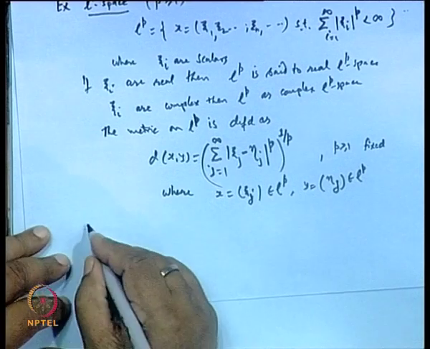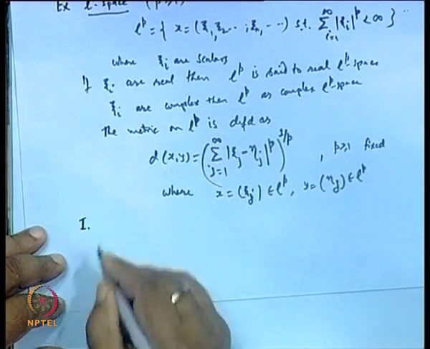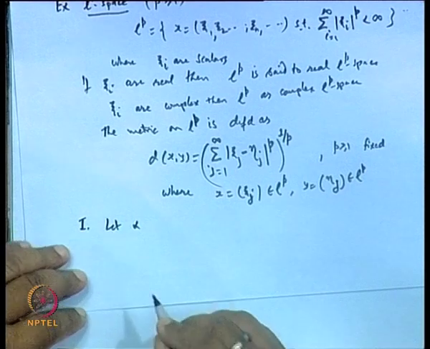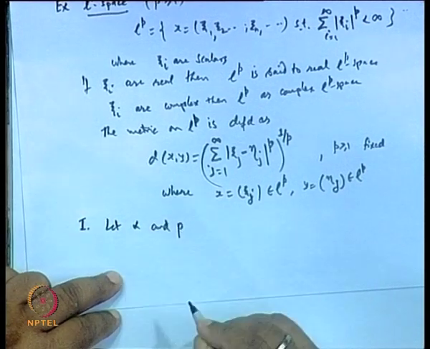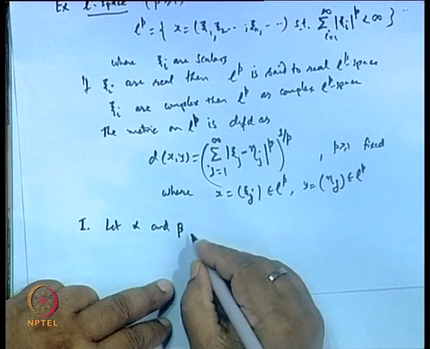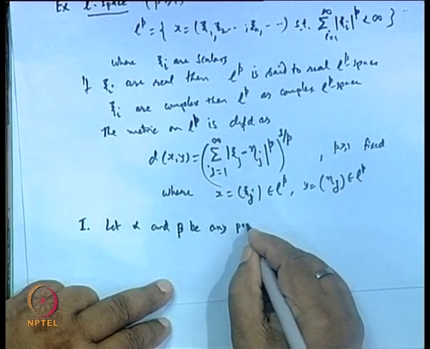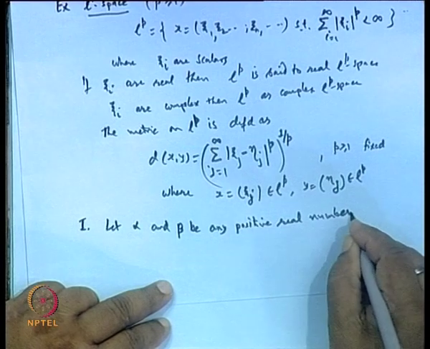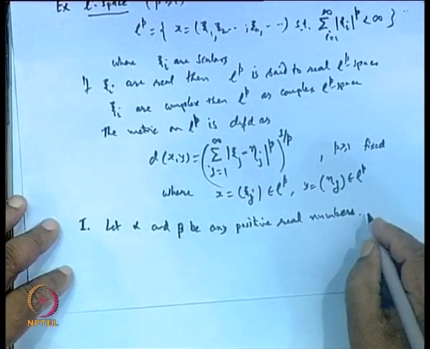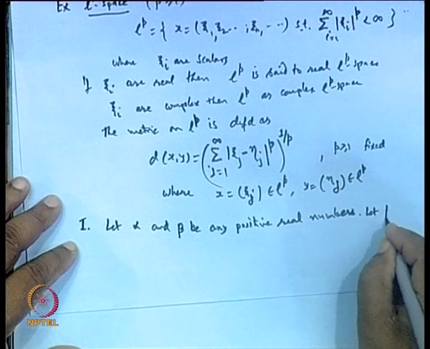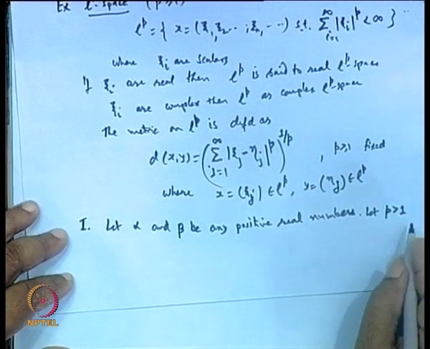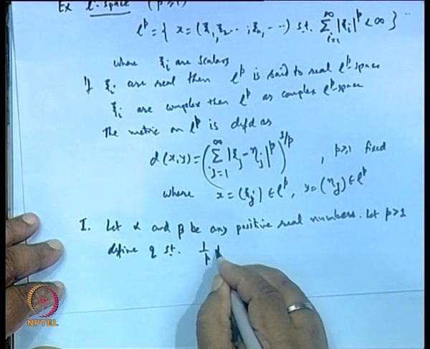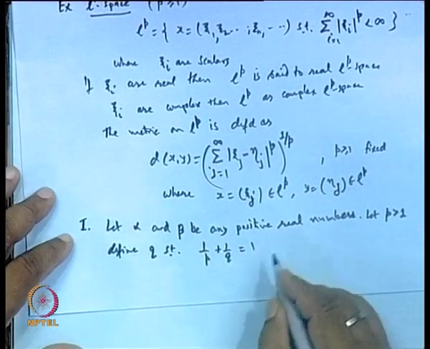So, first we will derive an inequality. The result is: let α and β be any positive real numbers, and p and q, and let p be greater than 1, define q such that 1/p + 1/q = 1, then p and q